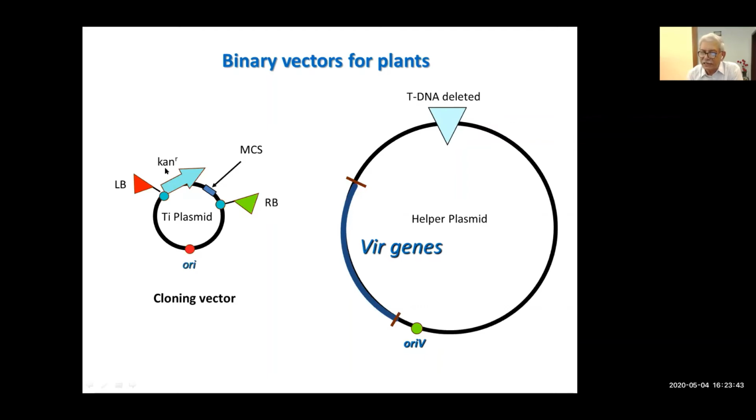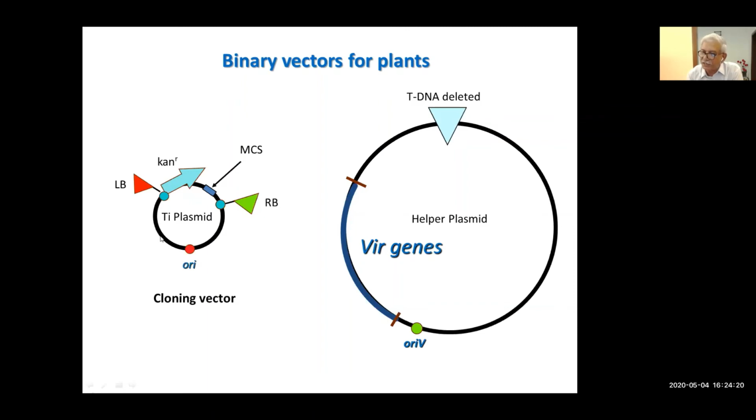You can see there is a kanamycin resistant gene between the left and right border, and there is a multiple cloning site because the tDNA is produced between left border and right border. Okay. So this part of the plasmid, on the other hand, contains origin of replication, and it should have actually one antibiotic gene other than kanamycin on it as well. Because when this plasmid is transformed in Agrobacterium, we select the transformed Agrobacterium based on the antibiotic resistance gene on